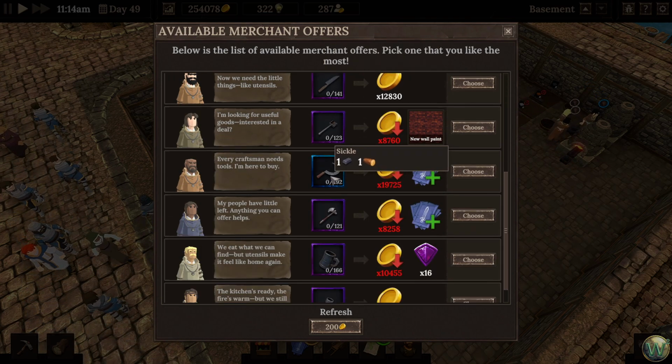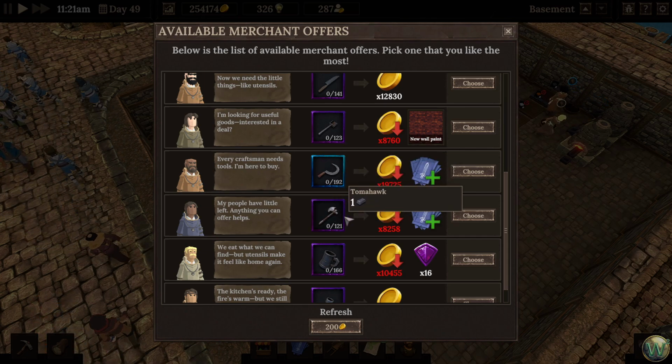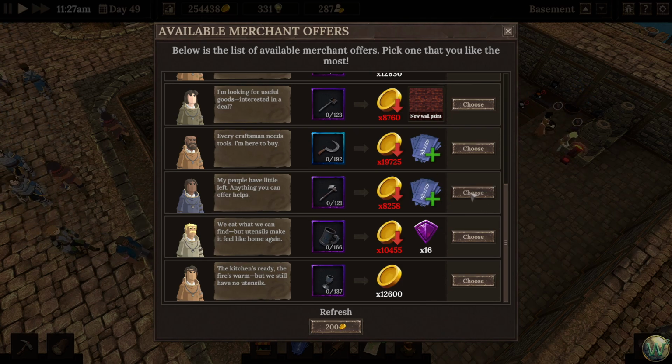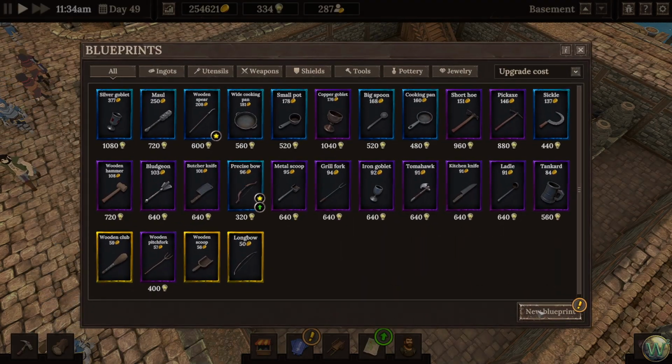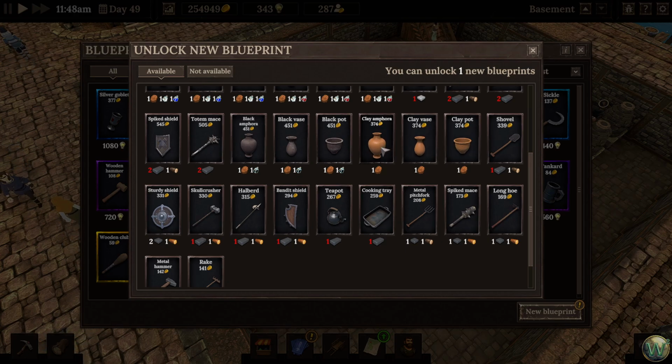Locked things. This is a complex item. We could do that, or we could do tomahawks. Let's do tomahawks just because they're easier. And we get more coins for them because they're purple. Income. Gotta love it. And then let's go in here and pick out something new. Maybe. I guess we should start with some simple